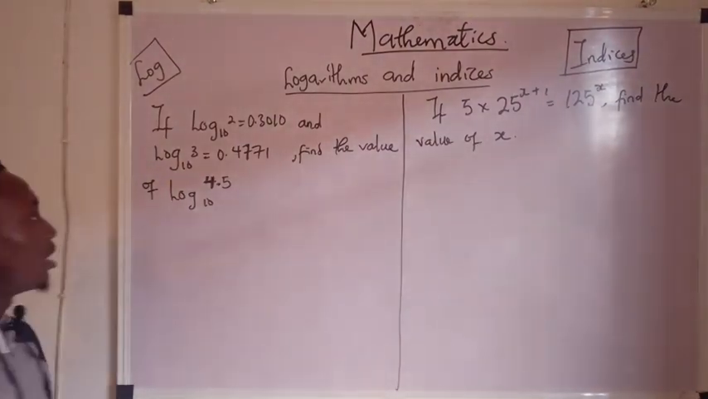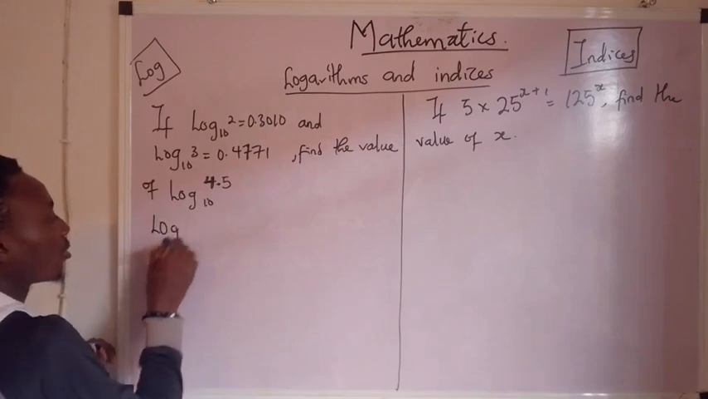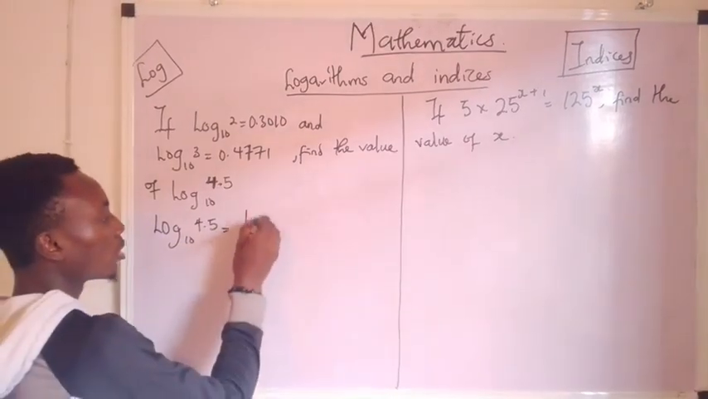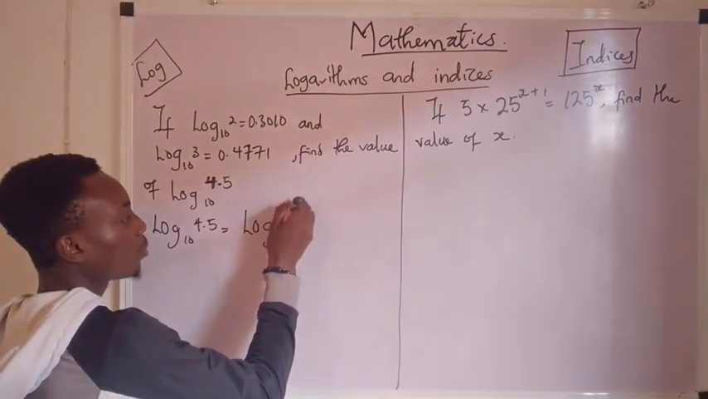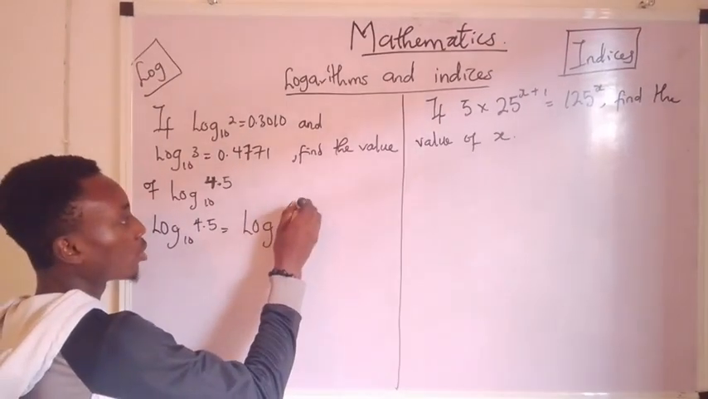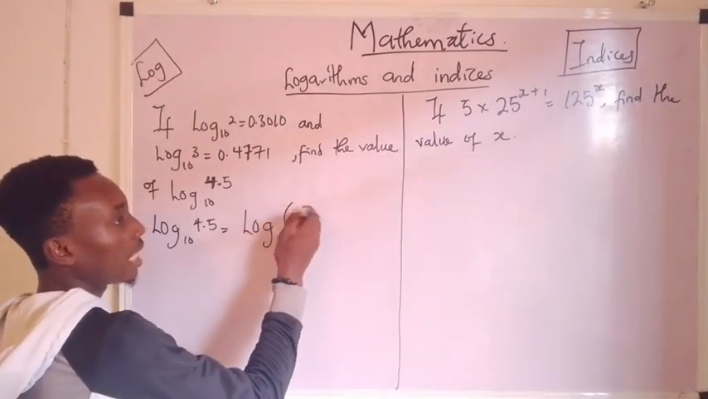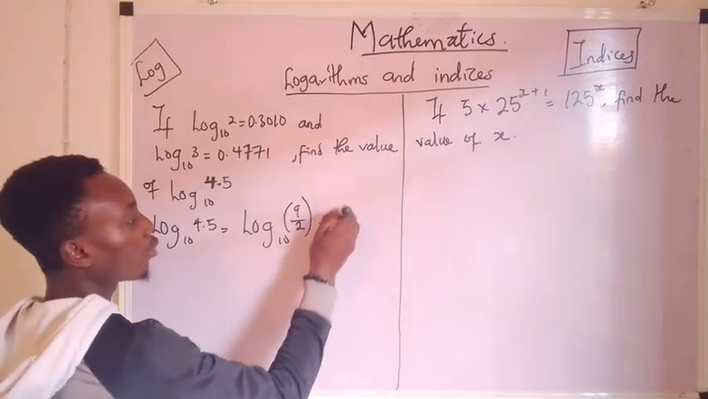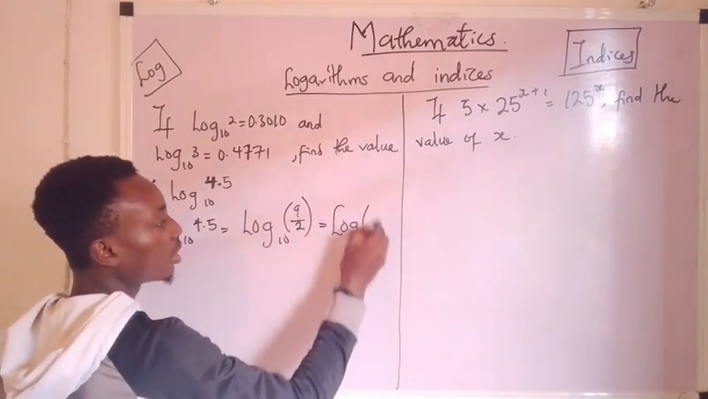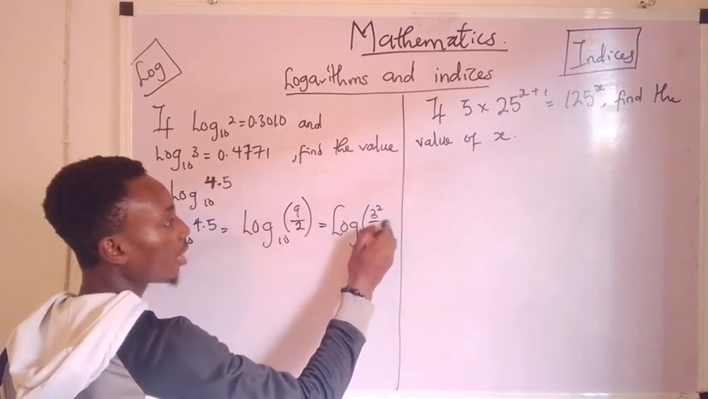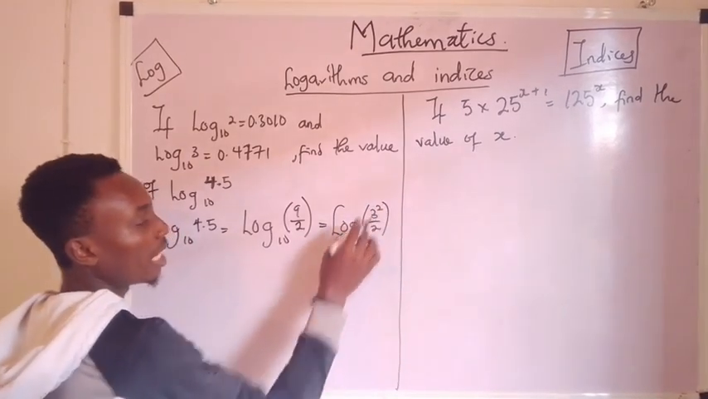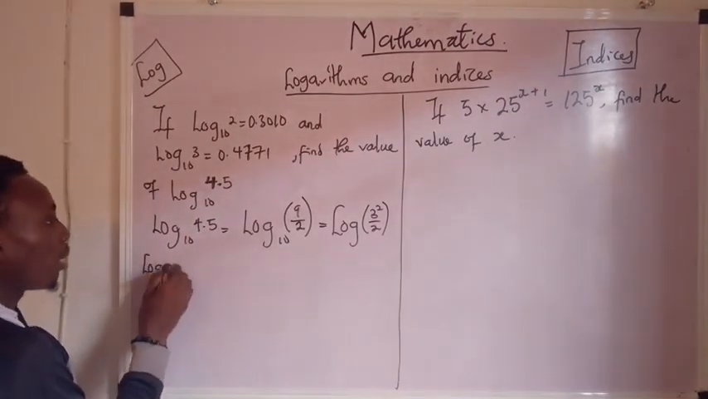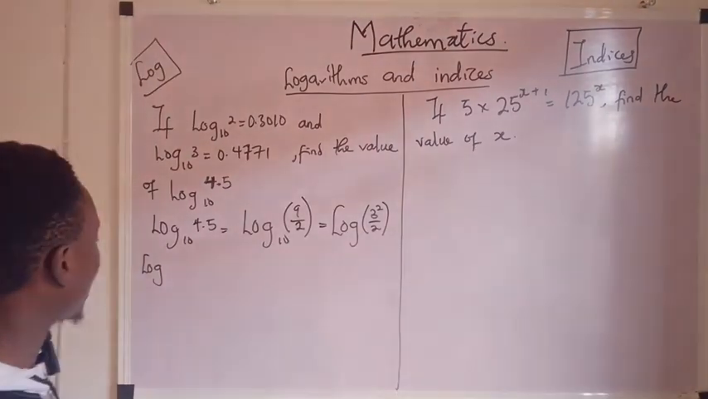Now replacing log base 10 raised to power 4.5, 4.5 is no longer there. We now replace it with 9 over 2, and the square of 9 is 3 raised to power 2 over 2. Now this bit over here means they are dividing each other, right? Good. Now I said something about our logarithms. I said that